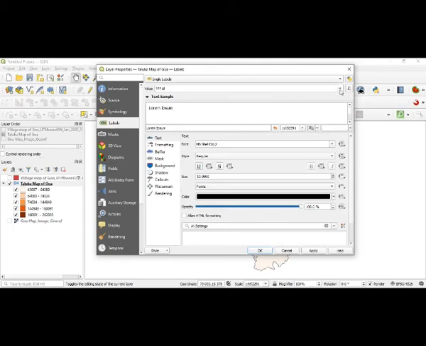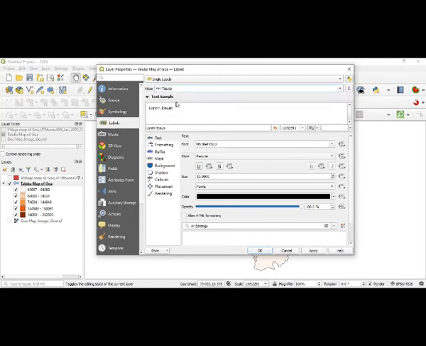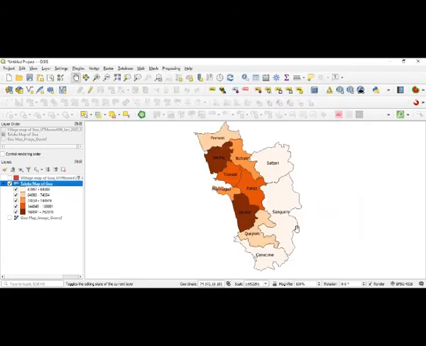For that label, I will select the names of the talukas first. When I select that, the names of the talukas are going to appear. And here you can see Apply, and say OK. Now what happened? You could get the names of those talukas which you saved at the time of digitizing. Please remember, at the time of digitizing, you have saved them, and as per that saving, whatever you have done.